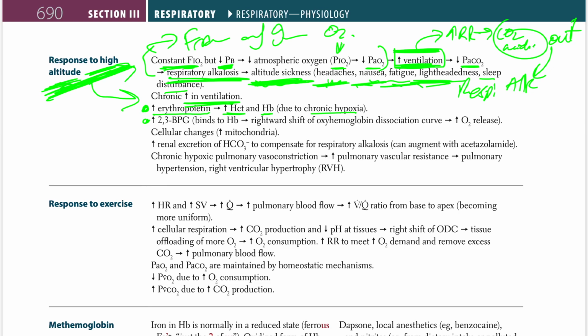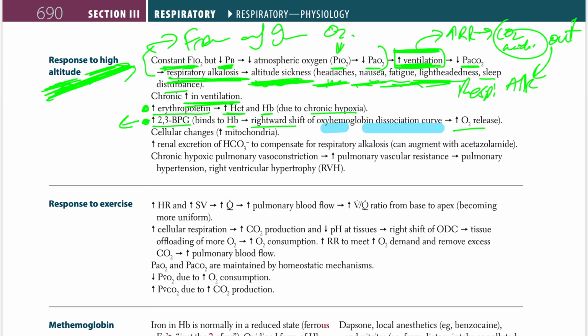In high altitude, you will have an increase in EPO and an increase in 2,3-BPG, which would bind to hemoglobin and make a right shift. Again, go back to the mnemonic: everything that increases makes the curve go to the right. Anything that decreases or lowers, L for lower, L for left. So here, because we have increasing BPG, we have a right shift of the oxyhemoglobin dissociation curve,